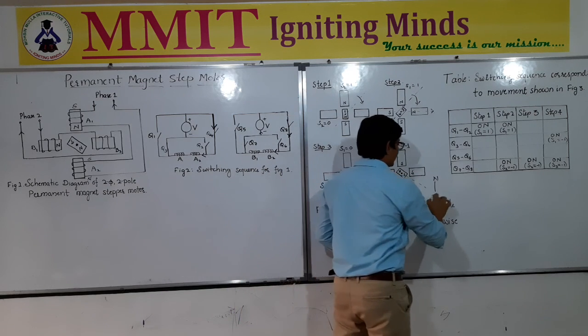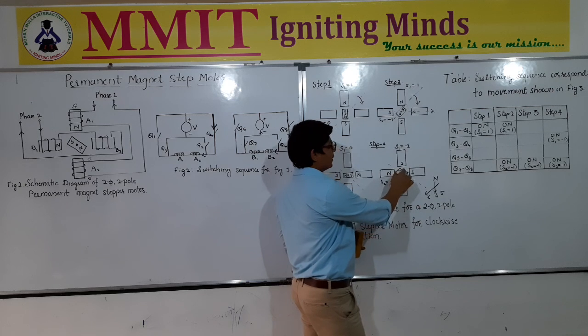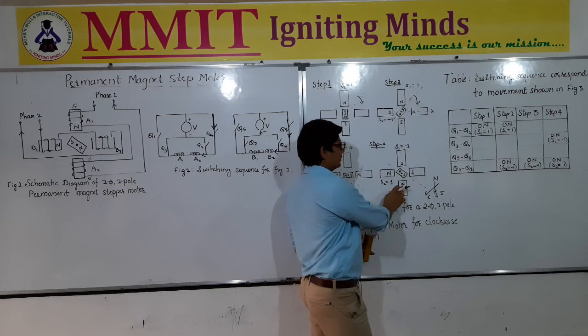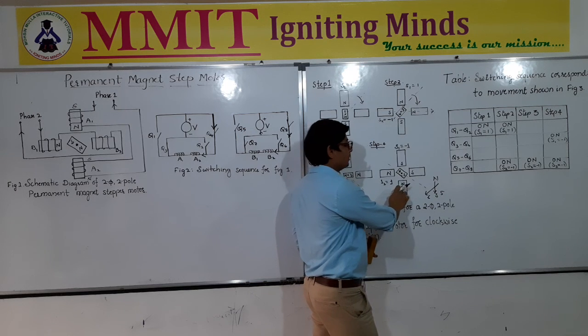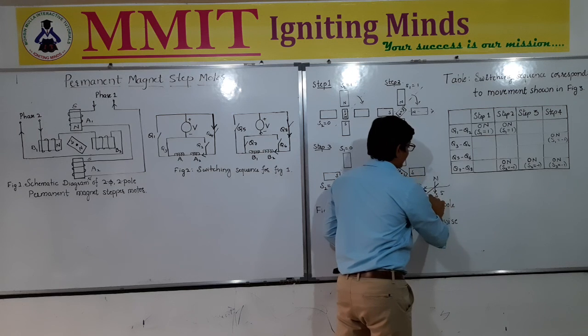Okay, so now the next rotation is, this is the 5th step and this is the 6th step. Then next, again we have to make it horizontally aligned. So therefore we have to turn off this. Okay, so we have to make S1 equal to 0. So when we make S1 equal to 0, in that case it is going to be aligned in this way.